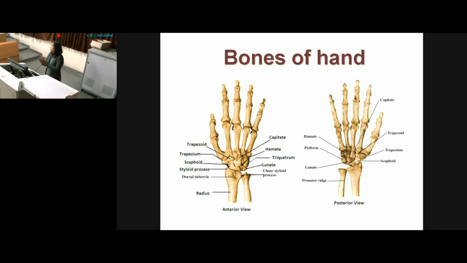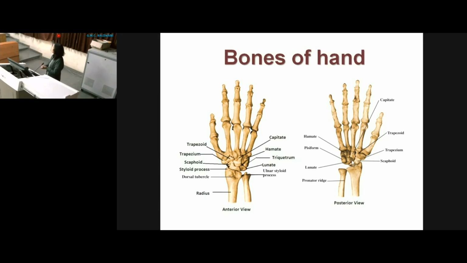Scaphoid, lunate, trapezoid, capitate and hamate. Okay, so they are the 2 rows and there are 8 carpal bones. Clear? Then after these are the small bones. Clear? And after this,